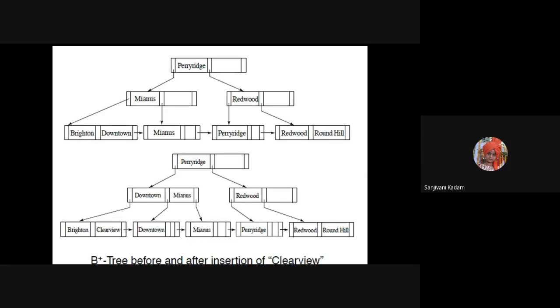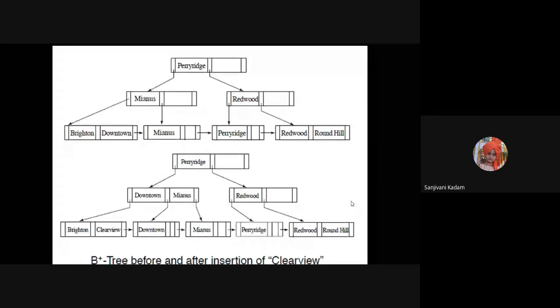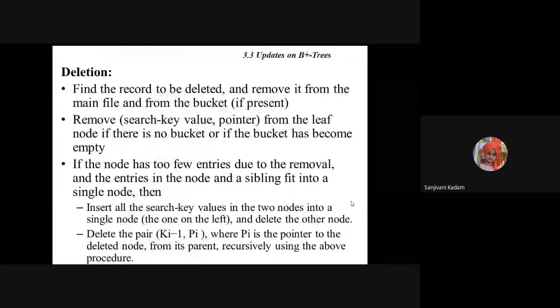Going through the example. So now let us go for the next operations. So this was regarding the insertion. Now regarding deletion. Here also the first search is performed for a search key value, that is whether key element is available or not. If so, the element will be removed, and we are having some limitations on the minimum and maximum elements, that is a requirement for the node. If it is not satisfied, then we go for combining the nodes.